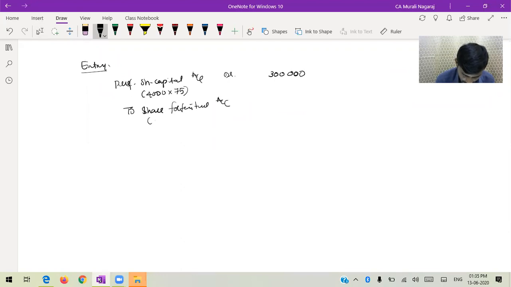What is paid up is only 25 into 4,000 shares, which amounts to 1 lakh. Correct? Now, another 2 installments are outstanding. That is, on allotment 25 is outstanding, and on first call 25 is outstanding. So therefore, to share allotment account to